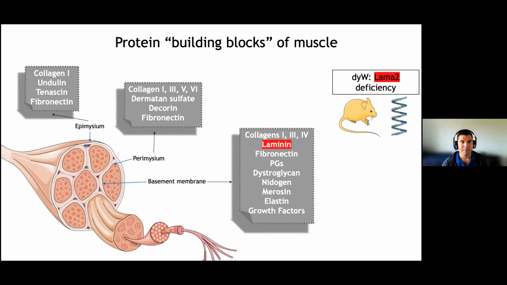And specifically, we are focusing right now on one called laminin, or there are several laminins. And this is important for us because it's involved in muscular dystrophies in mammalian systems. And we have a mouse model called the DYW model that's deficient in the gene LAMA2. And at the moment, we have several experiments in the lab looking at how this affects